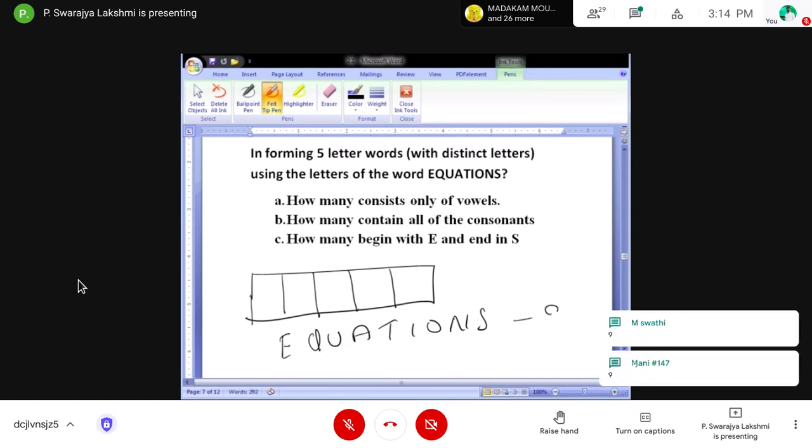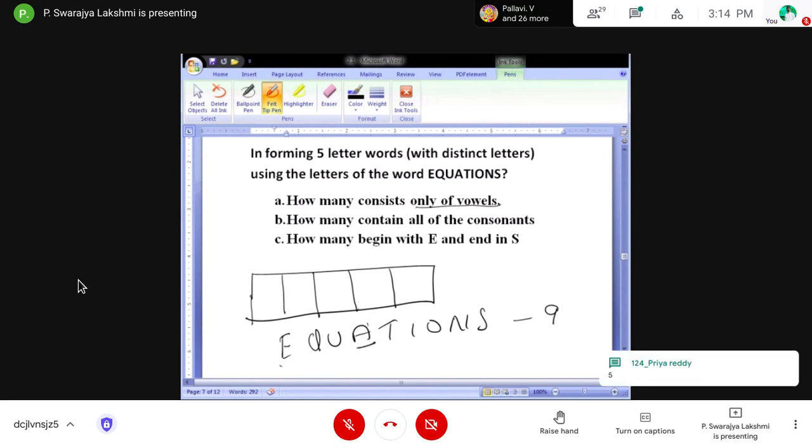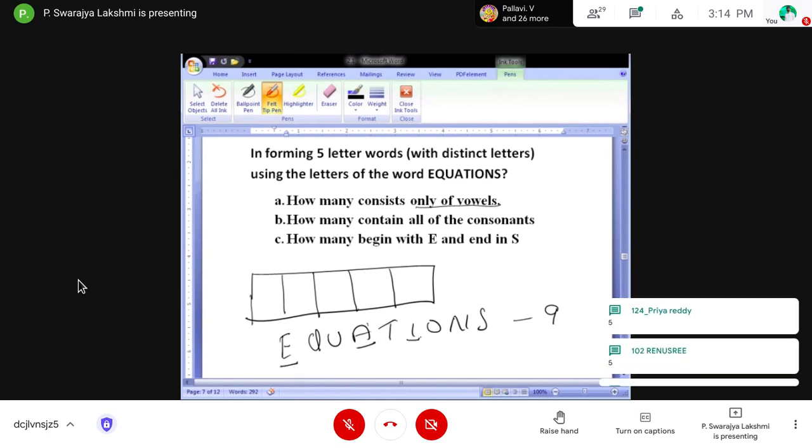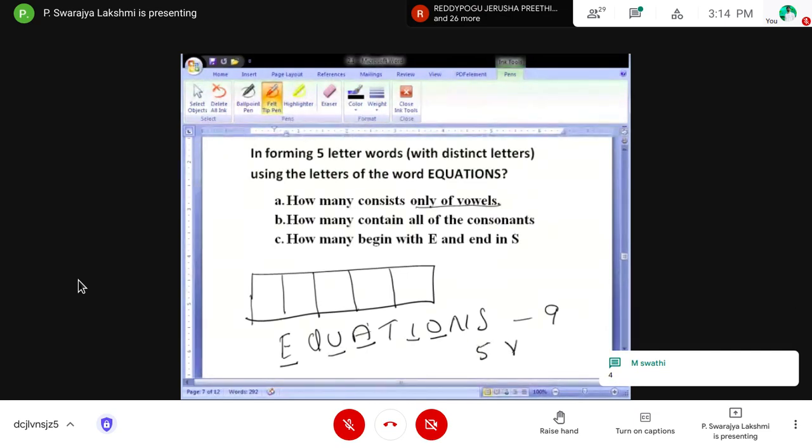So we have here 9, right? Right. So what is the first question? How many consist only vowels? So how many vowels are we having here, Nana? A, E, I, five, ma'am. O, U. So in total we have 5 vowels